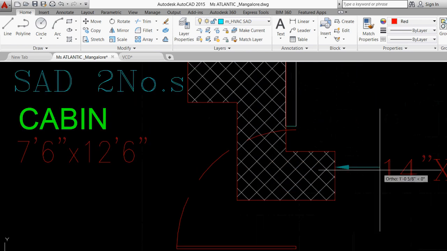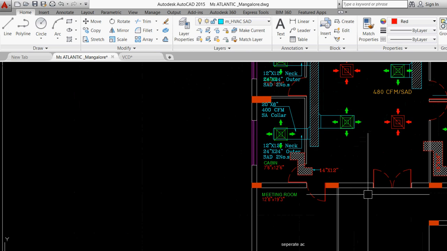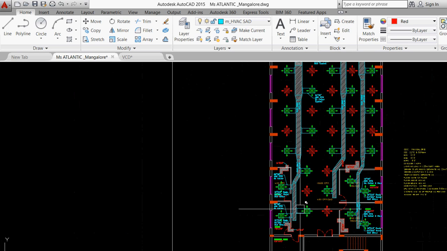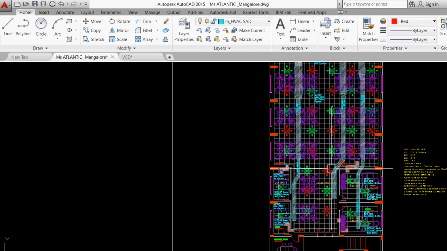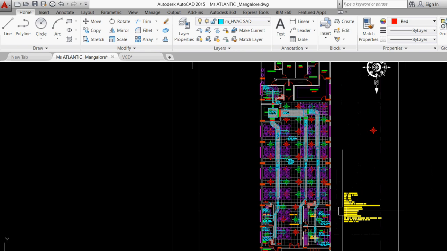So we have finished all the crosstalks as well. Clear? So we have placed all the crosstalks. Only thing that's there is grills for the retainer in the cabins. So with that, we have completed everything in this HVAC drafting layout. So this is the entire project that you have designed from morning. Clear? Now only thing that's pending is basically the retainer grills.